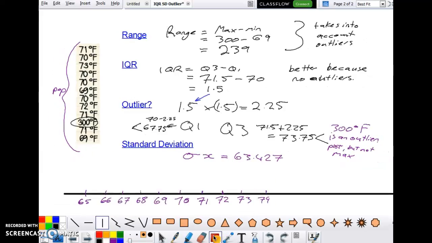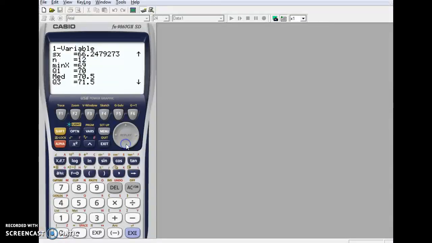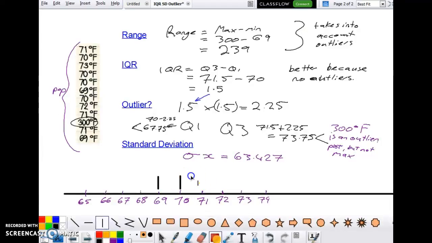So here we go. We're using a ruler this time. So, minimum 69, it's here. Now, Q1 was 70. Median, we didn't actually get the median, but we're going to look at it now. Median was 70.5. Q3 71.5, and then